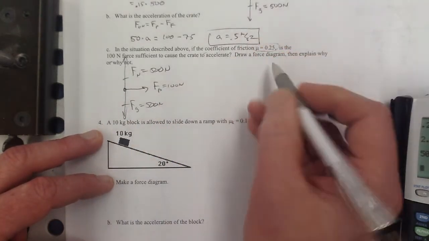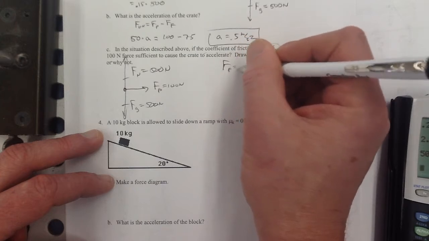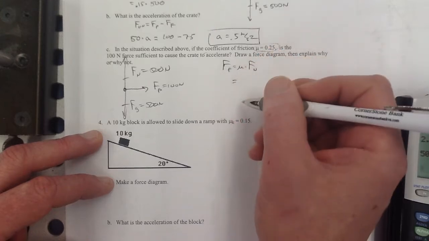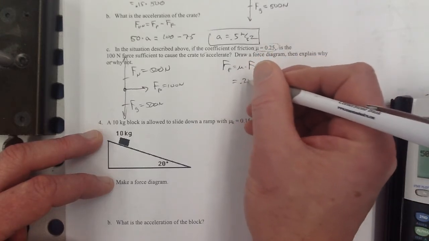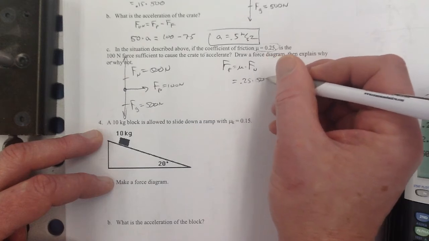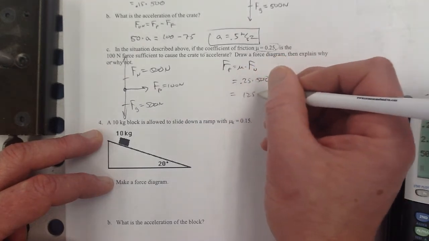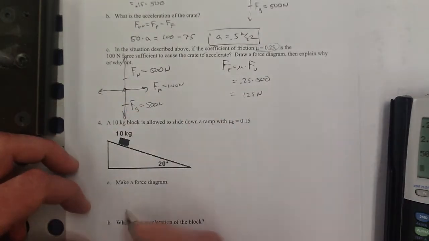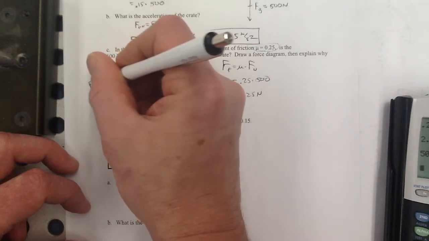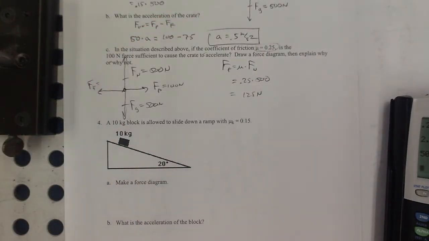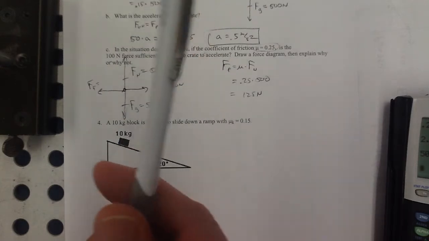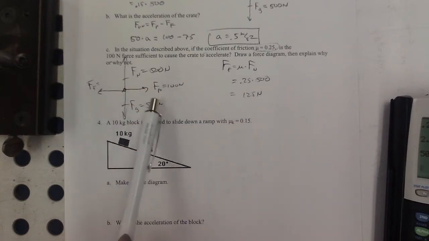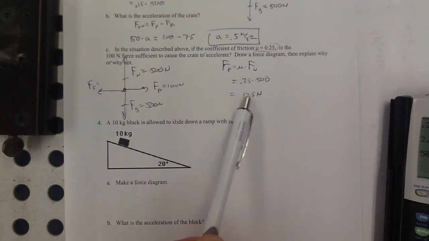So what I need to do now is figure out if the force of friction is equal to mu times the normal force, then if that mu was 0.25 times the normal force, that's 125 newtons. Now, does that mean there's 125 newtons of friction? No, it doesn't, because that would be completely insane. Why? Because if there was 125 newtons of friction, that means there would be an extra unbalanced 25 newtons of